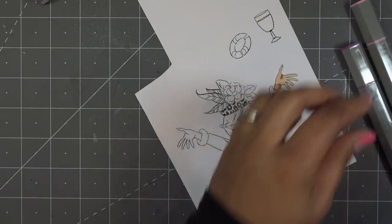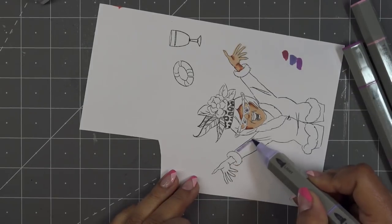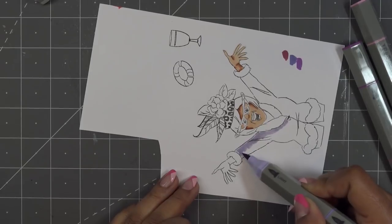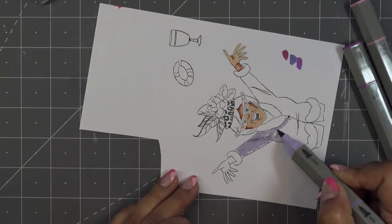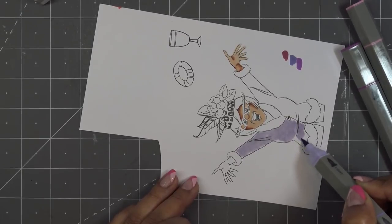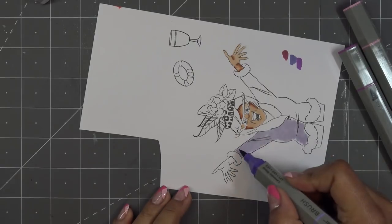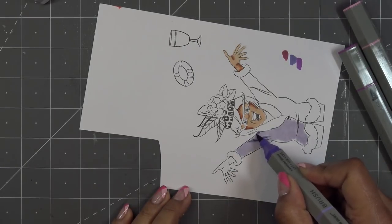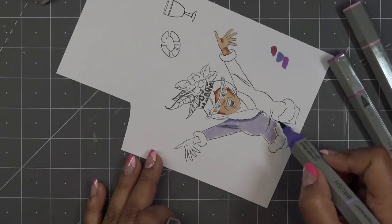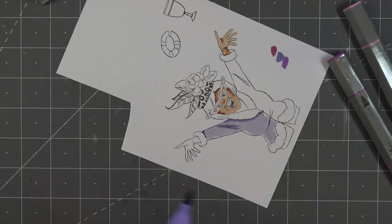Okay. So I'm going to make her whole outfit this lighter purple. Ooh, is this one drying out on me? These are kind of new markers. It shouldn't be drying out quite yet. New in that I don't use them as often, so they're always closed up. A little bit of that dark color under here, the darkest color, maybe some in here, medium color,